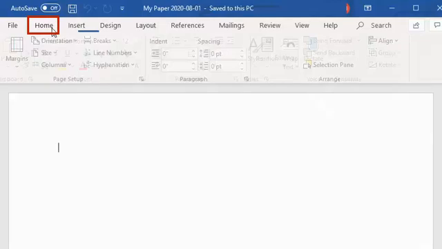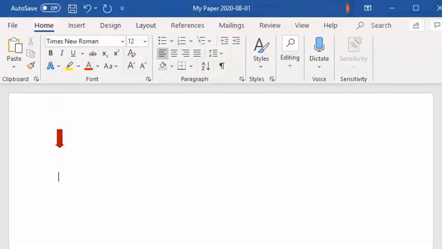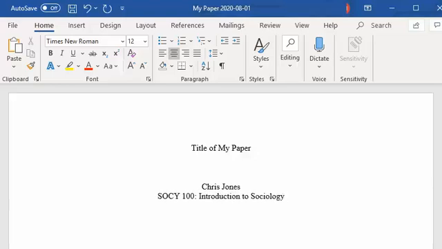Select the Home tab, then enter a few blank lines until you're about a third of the way down the page. Click Center in the toolbar and type the title of your paper, in title case with the major words capitalized. Then, press Enter to leave several blank lines after your title, and then type your name. Then press Enter. And next enter the number and name of your class. On the next line, enter the name of your instructor. Finally, on the last line, enter the date.